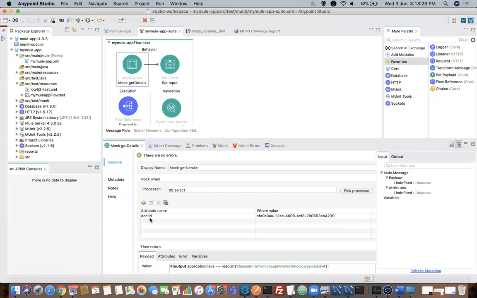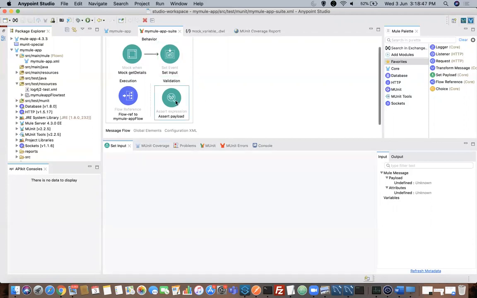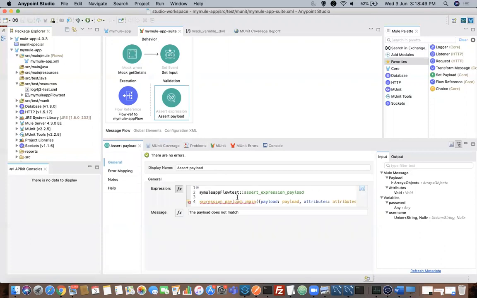If you don't want to use doc:id, you can use some other name to mock them, because whenever you do some cut copy paste, your doc:id will also change. So keep an eye on this. And then you can see set event over here. Everything, attributes and all, are automatically written, and at the end it is checking for the expression. Pretty simple, right? Why don't you go and start using Mule 4.3 runtime on Anypoint Studio 7.5 and above with MUnit 2.2.5 version. Thank you.